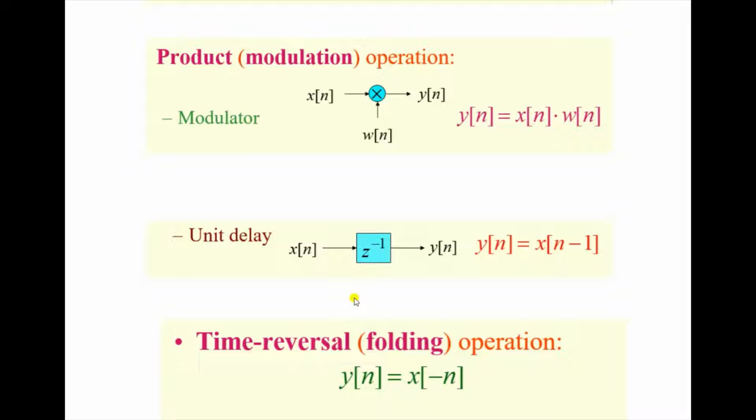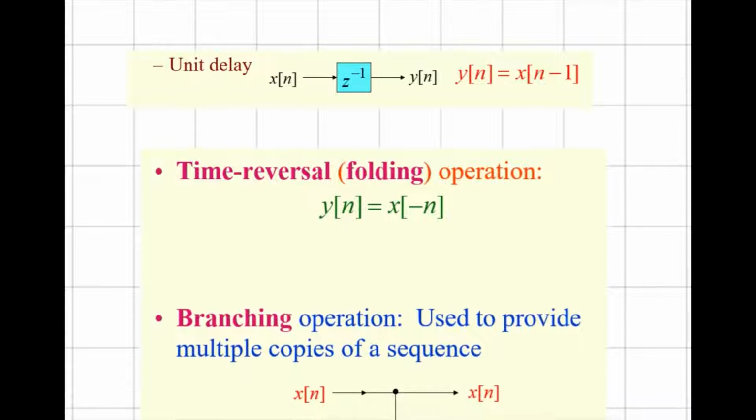So if the sequence goes through several delays, then you have to count how many delays. The number of delays is dependent on the number of unit delays. So if, let's say, the sequence goes through 4 unit delays, that means xn minus 4. Okay, and then for the time reversal